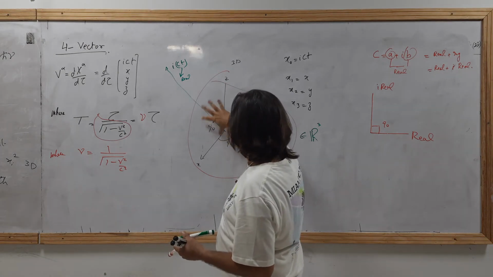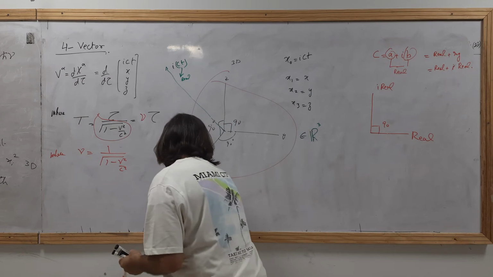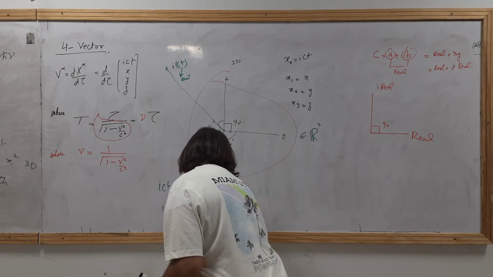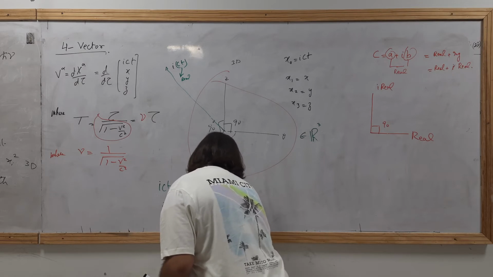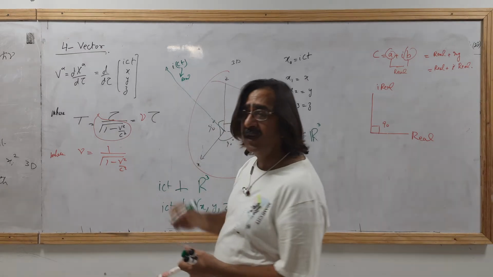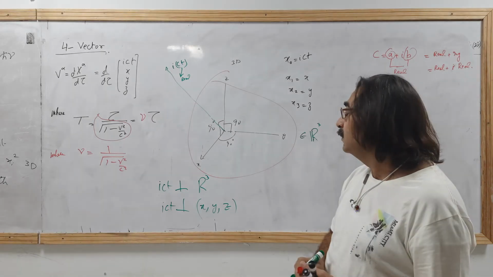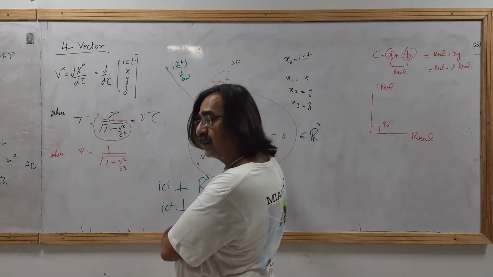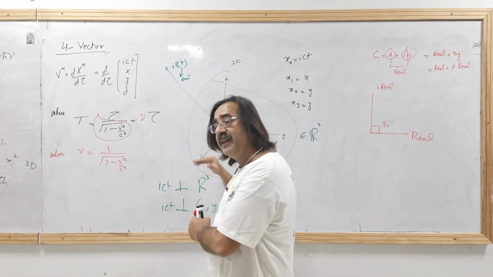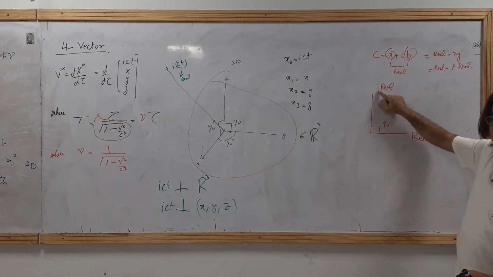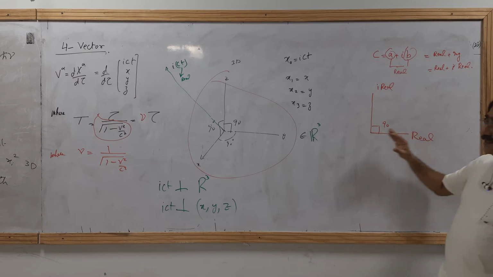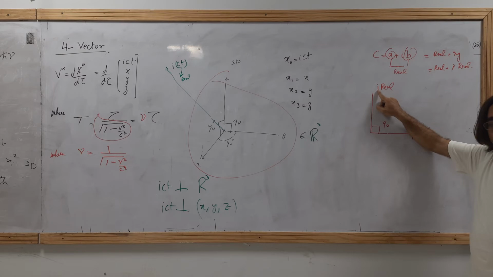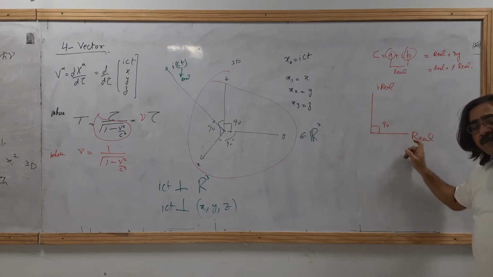Will this make a 90 with all this real? So this ICT will be orthogonal to R3. That is, ICT will make a 90 with x, y and z, all three. It is clear, right, how x, y, z make 90. This is in the real and what is the imaginary space, it is visible here. As soon as you multiply any number by imaginary, what will it be over the real? This is not real like this, imaginary real. Okay, whenever a real number is multiplied with the iota, this will make a 90 with the real.